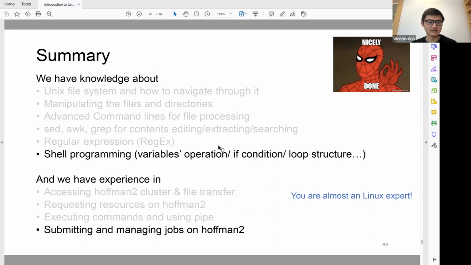So yeah, this is the end of the workshop. Today we went over a lot of basics for shell programming. We talked about variables, operations, and several if condition and for loop structures. We also went through examples of how to submit a single job or a batch job to the Hopfun2. And we went over a lot of commands like qdel, which manages the jobs on Hopfun2,